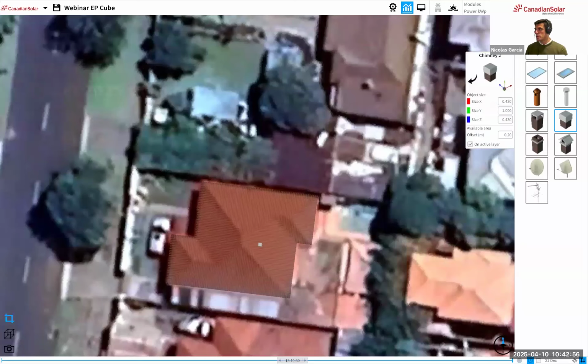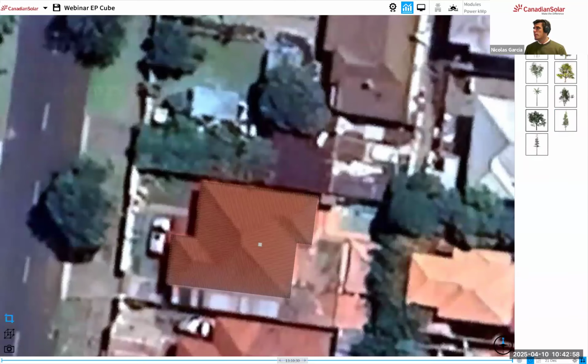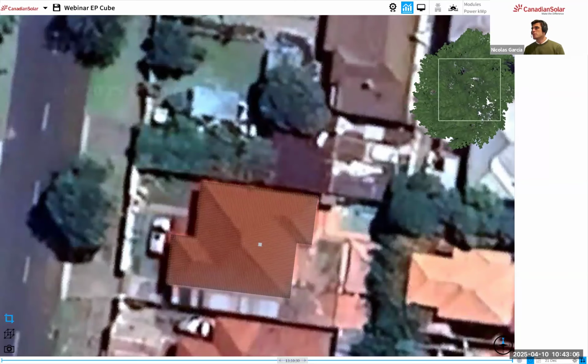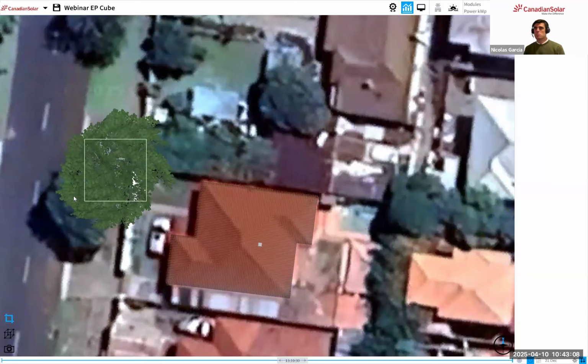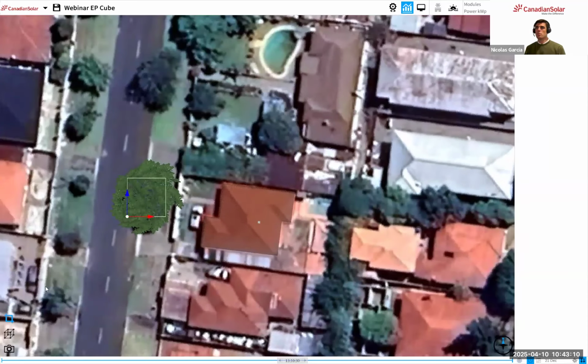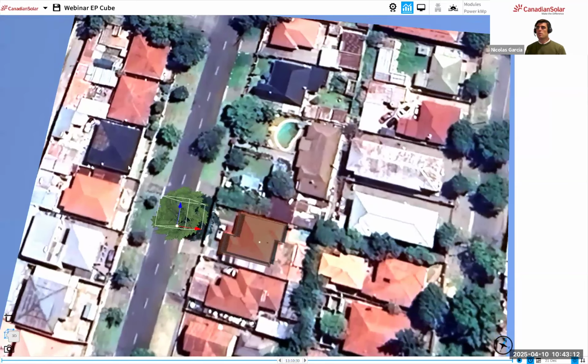Once we have all the objects in the roof, we can go to other objects outside the roof. It's really useful, for example, these trees here. We have different kinds of trees. We can set also the measurements. I'm just going to place one over here. We can adjust it also if we go